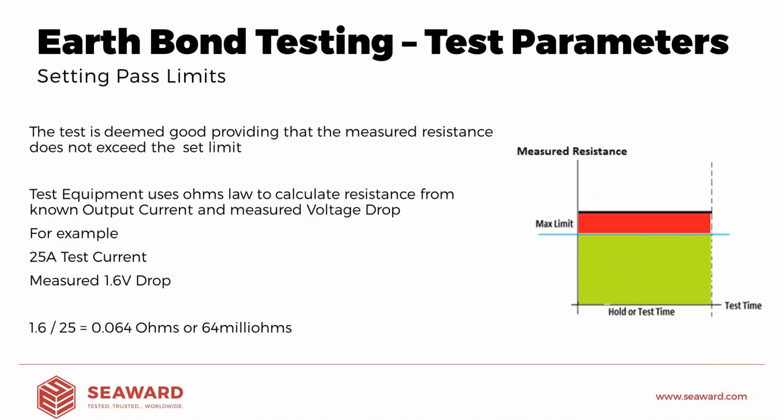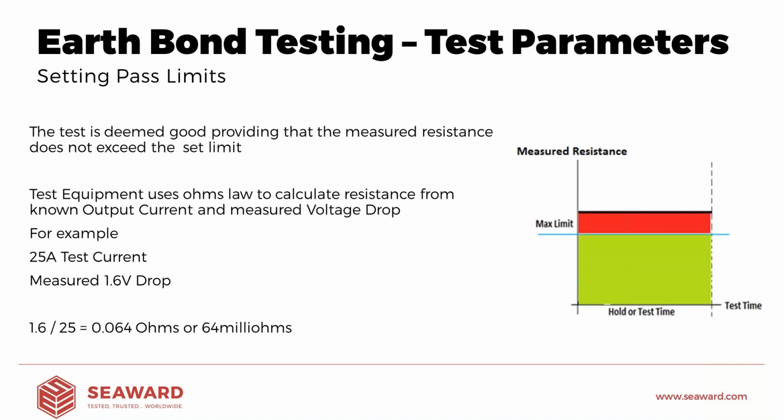Now let's have a chat about pass limits. A good test is proven by the fact that the measured resistance doesn't exceed your set test limit. So again, we'd refer to the standard, which would give us guidance on the limit. We perform the test, and providing the reading is less than that limit, then everything's good. The test equipment itself uses Ohm's law to calculate this resistance, using our known output current and known voltage output. What we do is measure the voltage drop across the two points that we're measuring: the point at which the tester makes contact with the incoming earth terminal and the point at which we